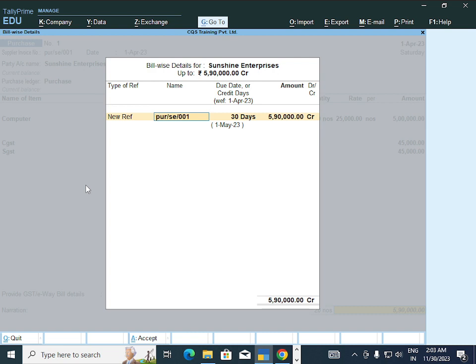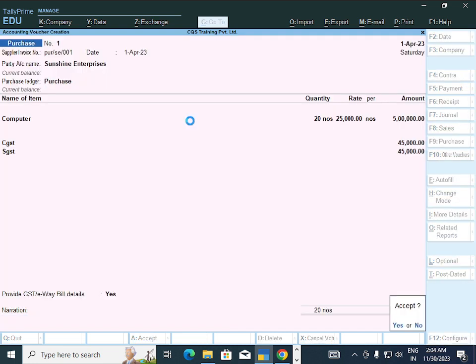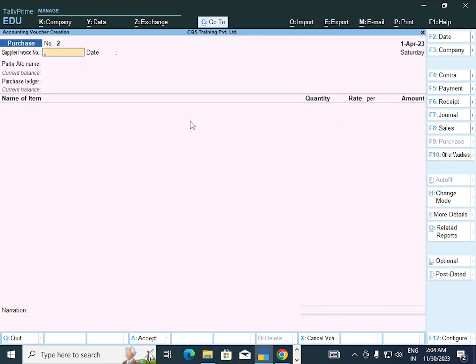Name of supplier, or we can say supplier invoice number, is purchase from Sunshine Enterprises and first invoice. On credit 30 days, amount 5,90,000 including GST, and accepted. So this is the purchase invoice.